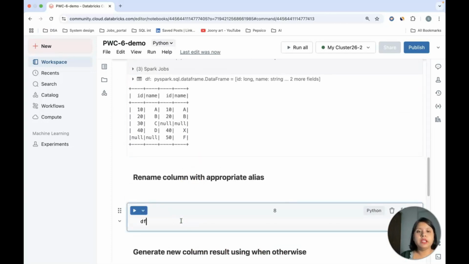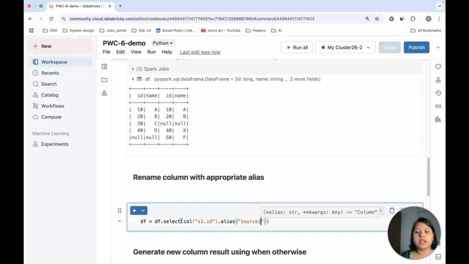So let me do my df. I'll use the same data frame on top of which I'll do a select. I'll select my column s1.id and I will alias this as s1id, or let's make it clear.